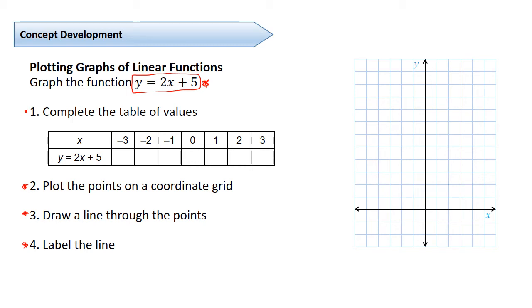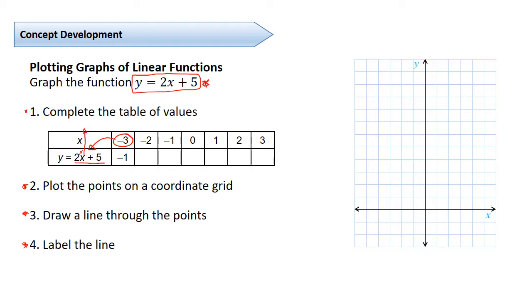Okay, so welcome back. And first things first, we're going to look at filling in this table. So what we do is we have a look at our equation where we have 2 times x plus 5. And all that we do is we take turns substituting each of these points into our equation for x. So like substitutions in sport, okay, the x is going to come onto the bench, it's going to go away, and negative 3 is going to